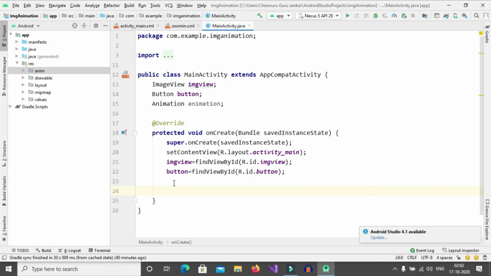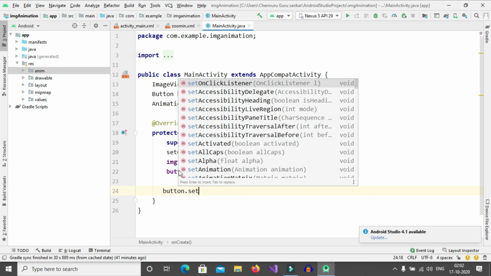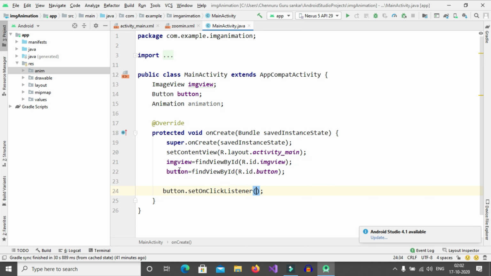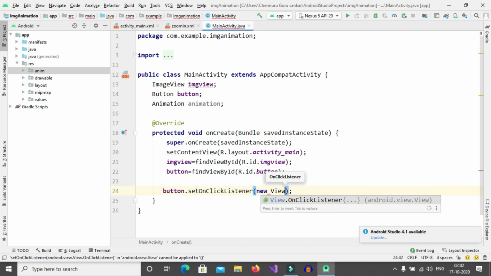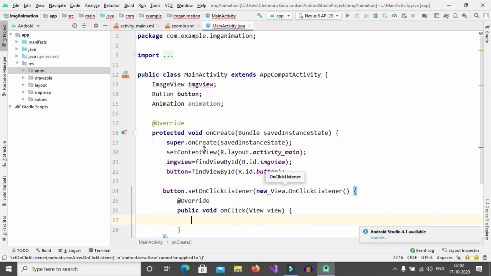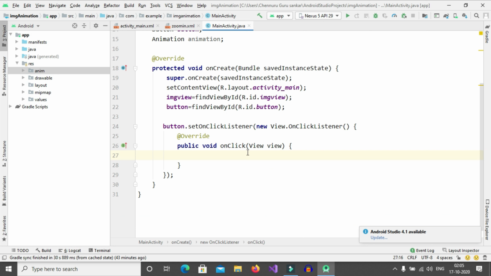We need to perform the zoom in animation after clicking on this button. So button.setOnClickListener, new View.OnClickListener. Here we need to give the animation file and animation for that image.